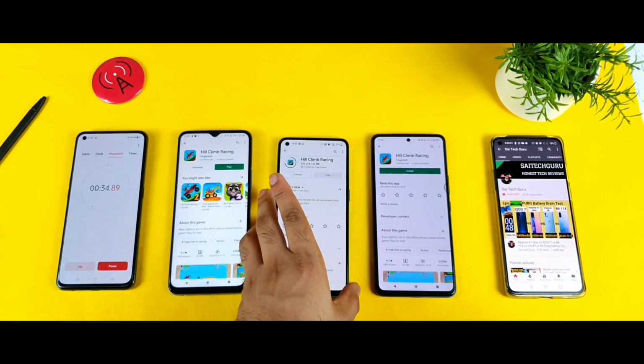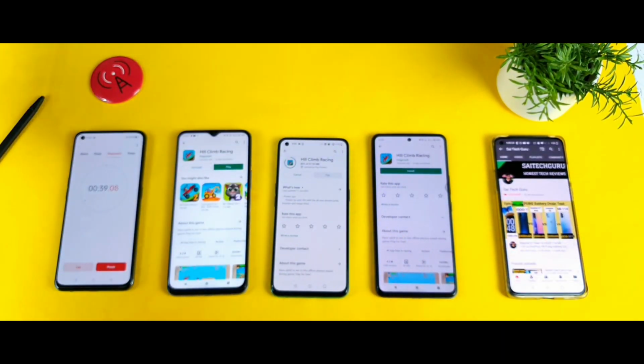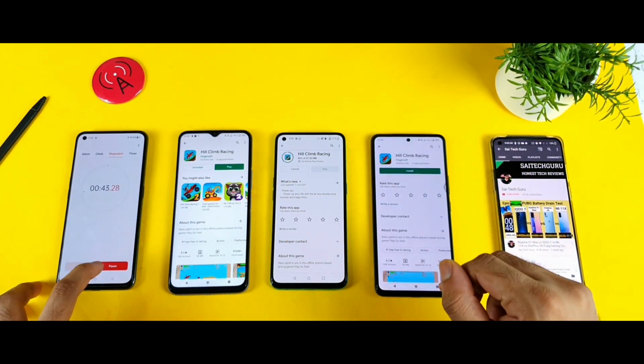But don't worry, I need to test with more SIMs, which is Airtel SIM and the vSIM. I need to do the testings with the Airtel and vSIM as well. I'll try to do those kind of testings maybe tomorrow. So stay tuned for those videos in case if you're interested.